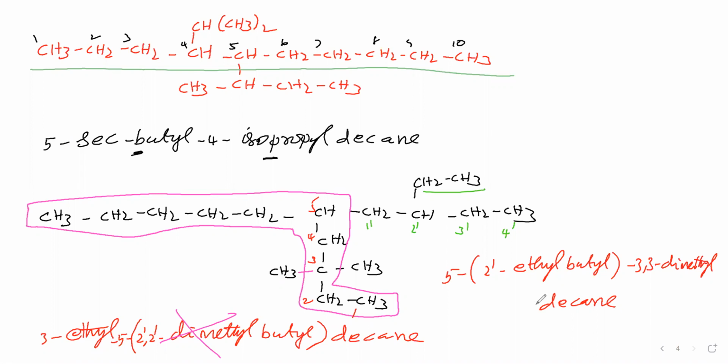Okay. Next we will go for alkenes. Alkenes general formula is CnH2n. Here n is minimum 2. Less than 2 is not possible. So n is 2, 3, 4, 5, like this the possibility is there.